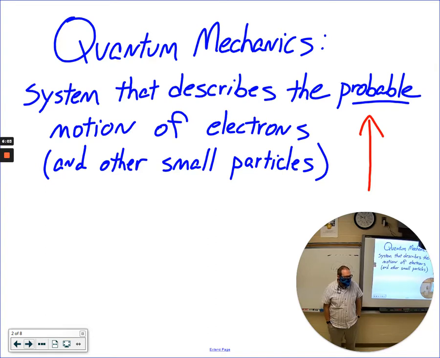Now, every year for UIL Science, they put out a book that you're supposed to have your students read, and they take a certain number of physics questions from that book. Last year's book was this guy right here, How to Teach Quantum Physics to Your Dog. I read maybe about halfway through this book, and I just kind of had to give up because I didn't get it. So I hope that dogs are smarter than I am,